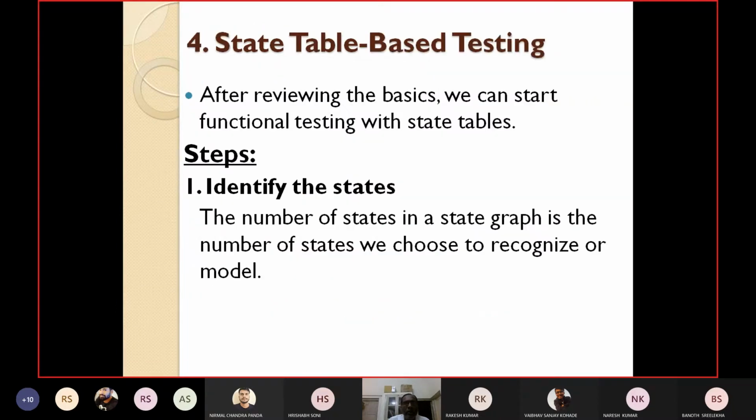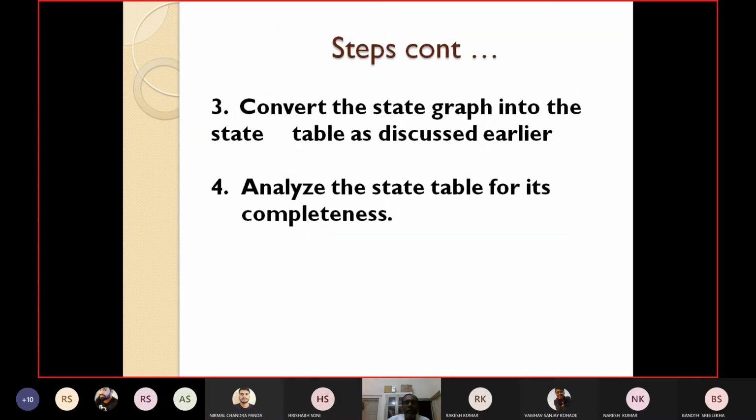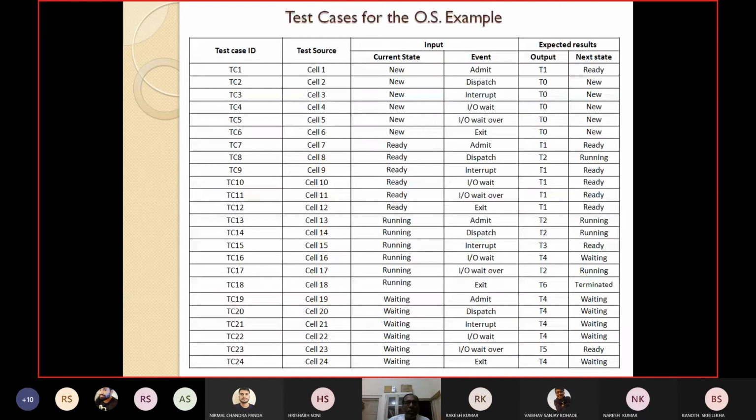Then you construct a table containing the test case ID, test source from this state table, input representing the current state and the event, and the expected output, that means the next state and any output. This much we have discussed on how to design test cases using state table based testing.